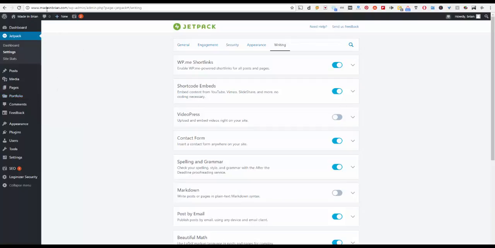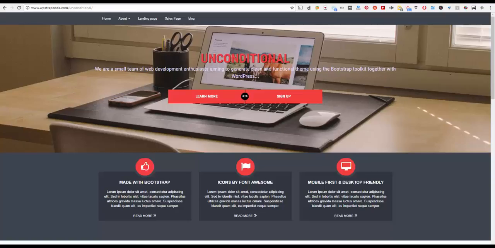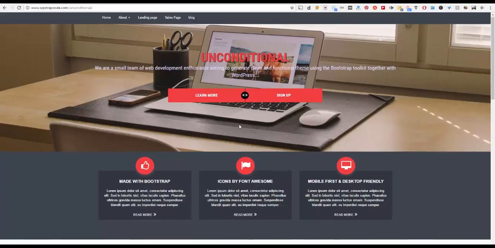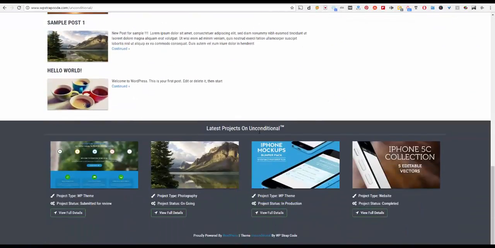Let's head over to the Unconditional demo site. So just bear with me 2 seconds. Okay, so here we are on the official demo site of Unconditional. So let's scroll down and have a look at what I mean. So if you wanted to add a portfolio section / project section, you can do so to show off your latest work. And if we click on it,